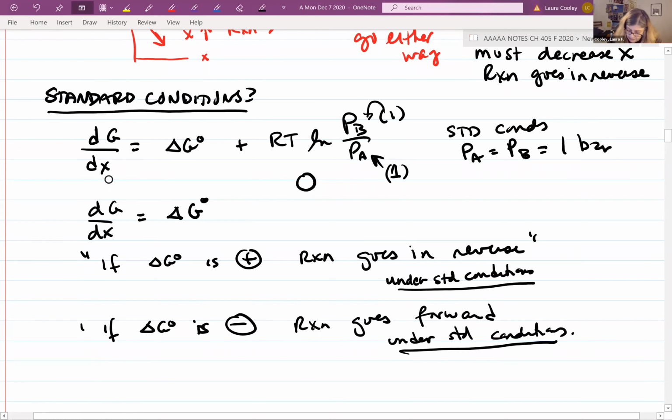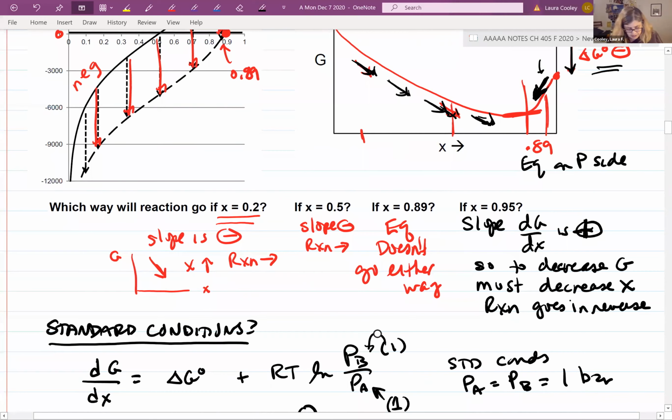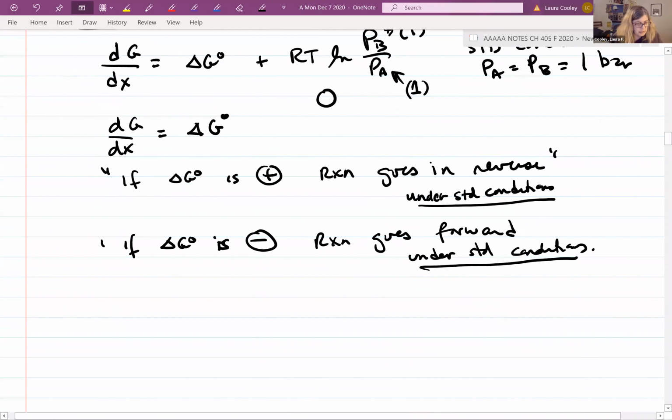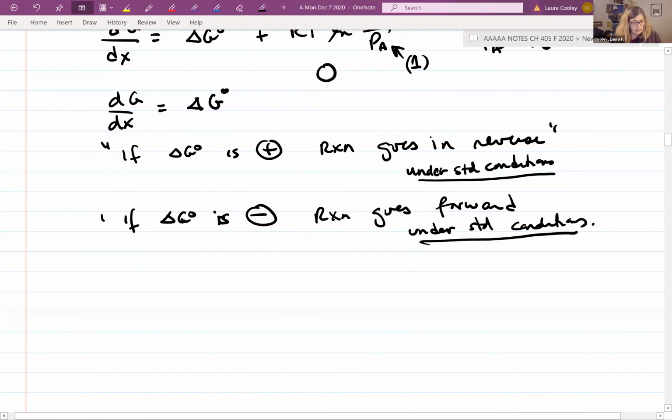Okay, and then this is a better illustration of what we just did, right? Where delta G0 here is negative, and for many, many values of X, this is going to the right, but over here it's going to the left, okay? Because you have lots of products. So using this direction predictor equation, we can actually figure out which direction the reaction is going to go at any point, but I'm not really ready to do that yet because I first want to extend it to a